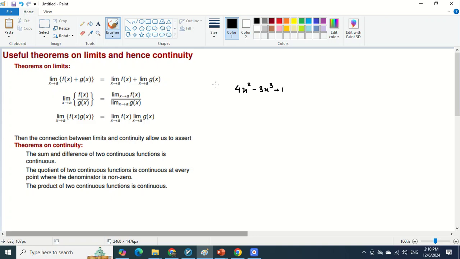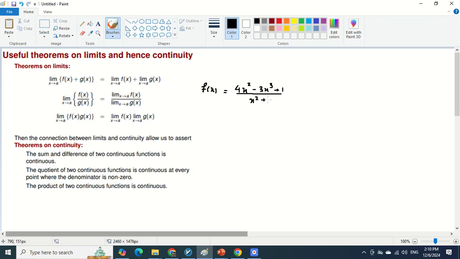If I name this function f of x, then this function is continuous everywhere. In other words, any polynomial is continuous, and even if I divide it by another polynomial, it stays continuous as long as the denominator is not equal to 0. For example, if I divide it by x squared plus 1,